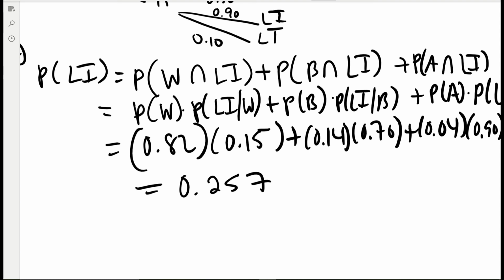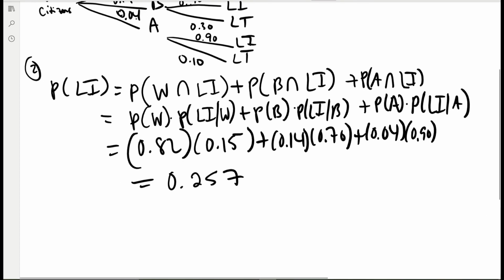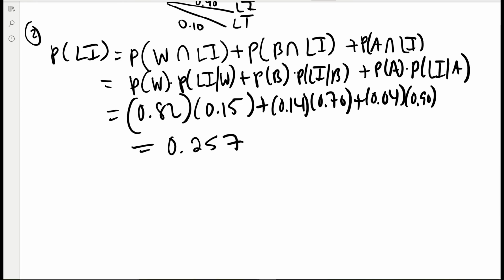So you got a roughly 25% chance of finding someone that's lactose intolerant. That's 1 in 4 people. So on average, if you keep drawing samples of 4 people, that probability in the long run will approximate 1 in 4 people. So that's quite a bit of people that are actually lactose intolerant. All right, so